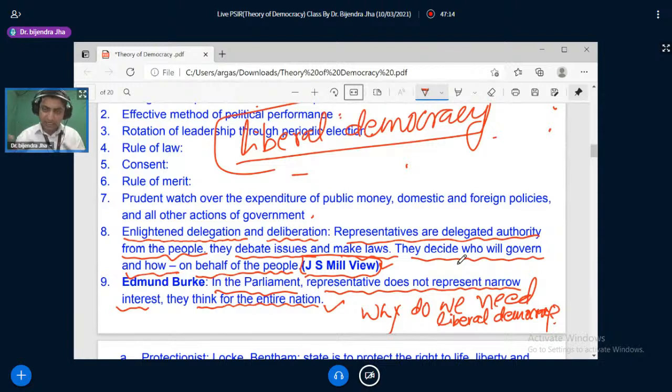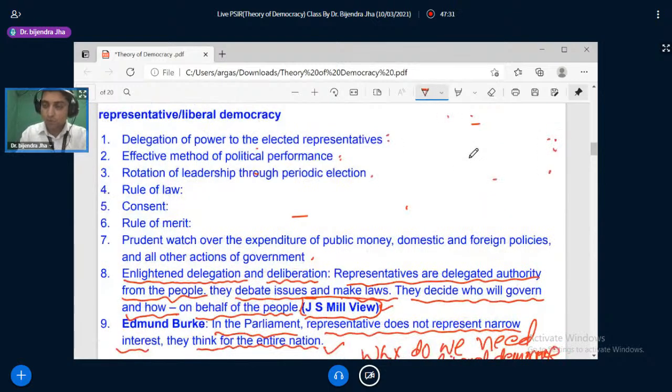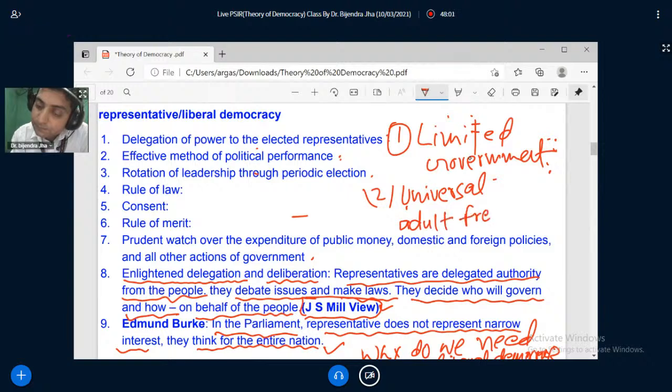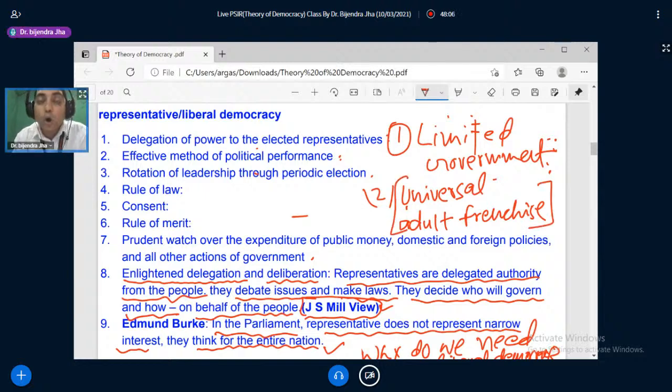I have covered so many characteristics of democracy, representative democracy, and so much critique of democracy. One thing I actually forgot to tell you, the features of democracy that are very much important. एक तो मैंने आपको यहाँ पे बताया कि limited government is very much important, that I missed here to enlist in the basic characteristics of representative democracy. Second, which I should have mentioned in this list, is universal adult franchise. That means all adults should have the voting rights, and that is also a very much important characteristic of representative democracy,